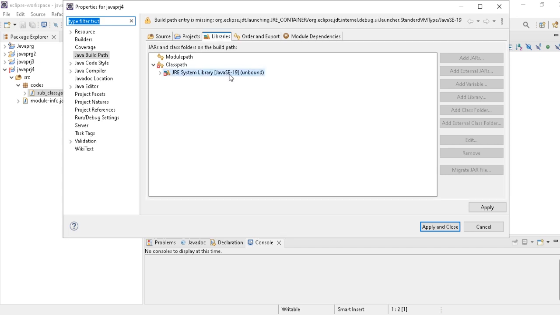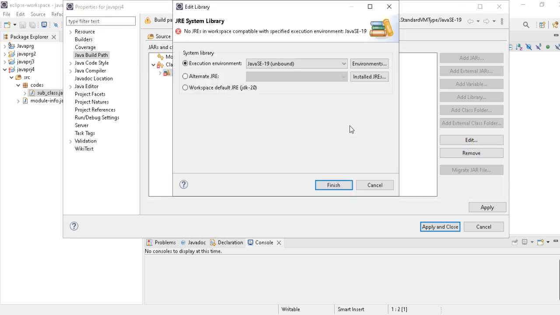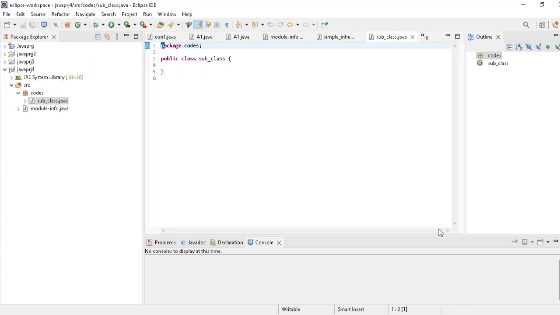So what I will do, I will see this and then I will go to this and finish, then I will say apply, and then my error is gone. Okay, so the classpath problem is resolved. So here is the subclass.